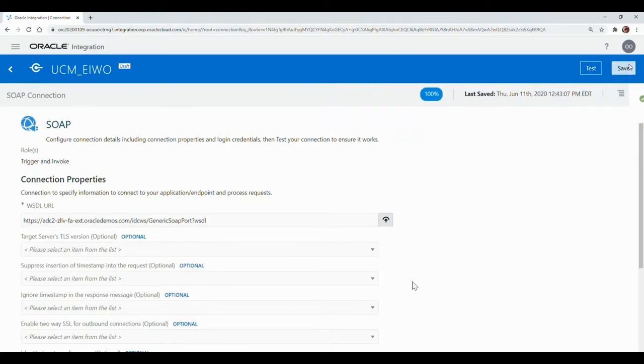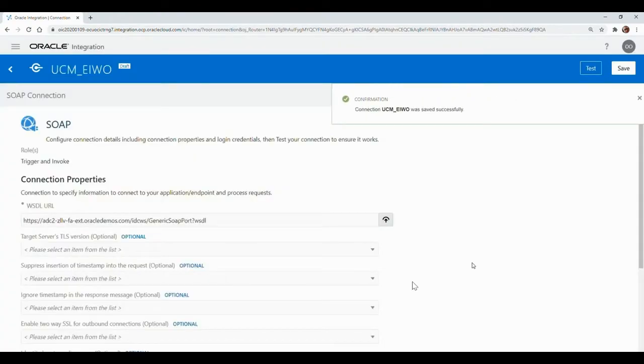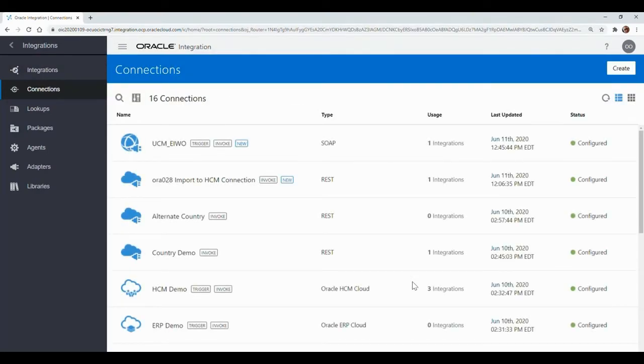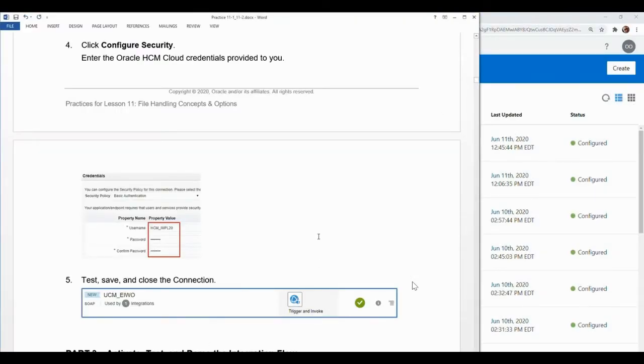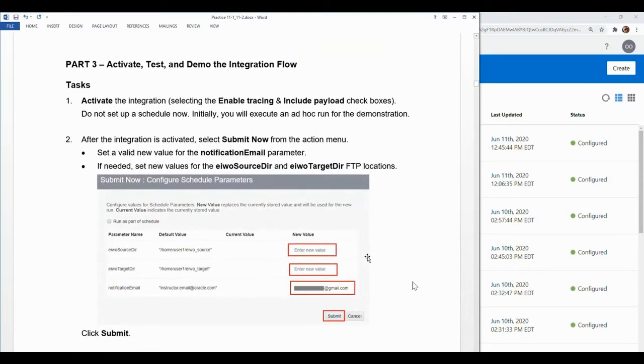So now I can save it, and it shows the associated integration that's already using this one, which is the one we just imported. And now that's it. I can exit the page with the little close button. Again, a reminder: the lab instruction shows a slightly older screenshot and information, which moves us to part 3. We are ready to activate and test, and we will talk about the integration flow